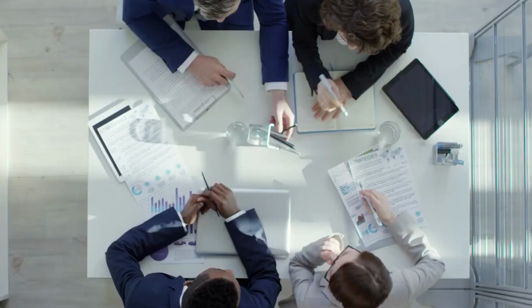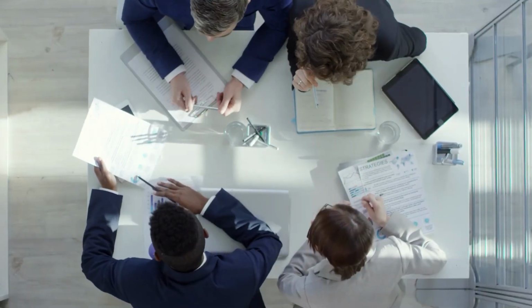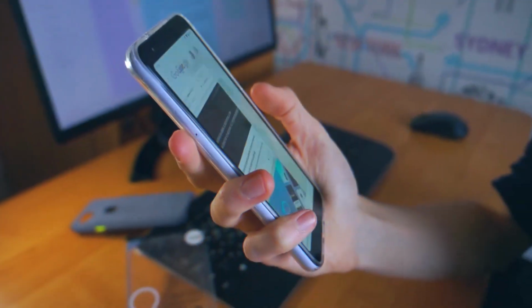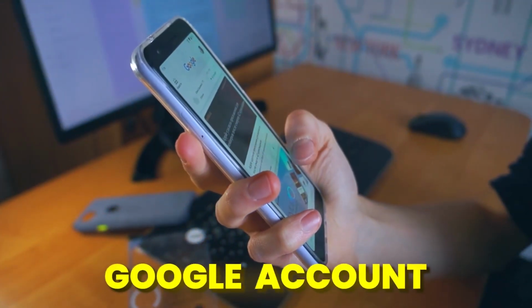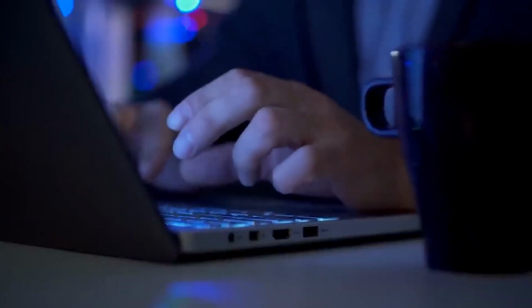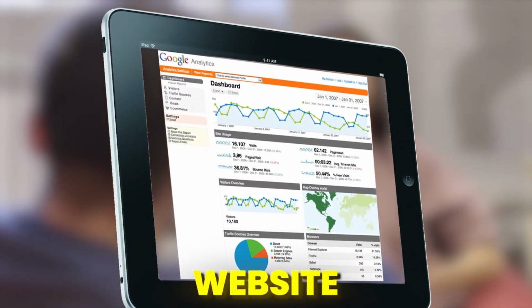In this tutorial for Google Analytics 4, I'll guide you through the initial steps you need to take, and I'll also provide you with additional guidance to help you get started smoothly. Before you begin using Google Analytics, ensure you have a registered Google account with an email address and password. To access GA, you'll need to sign up for Google Analytics using your Google account. Here's a basic overview of the steps to set up Google Analytics for your website, using a class reunion website